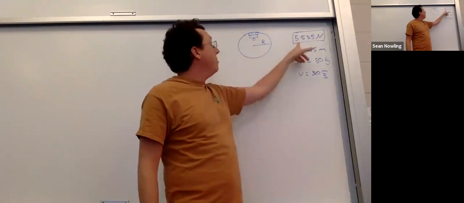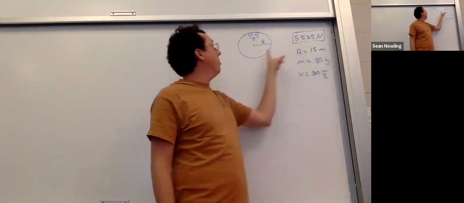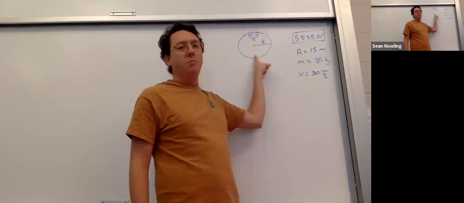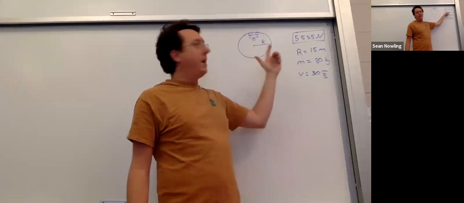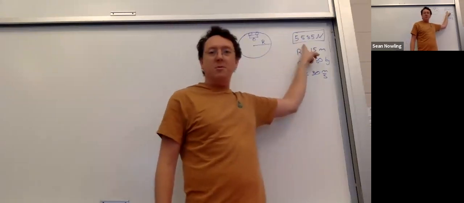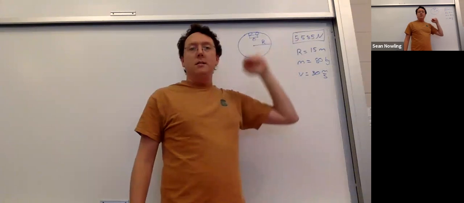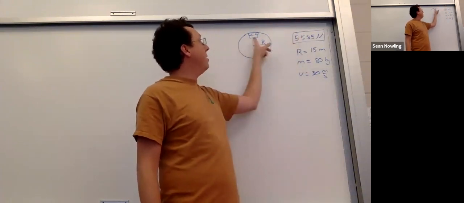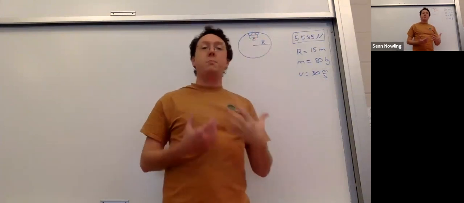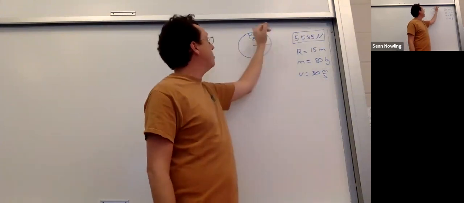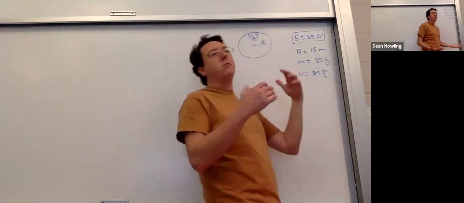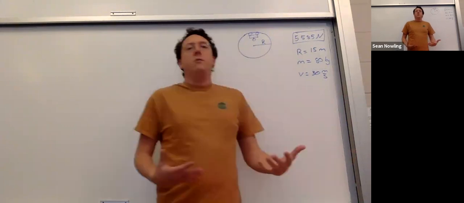So I went ahead and wrote down the numbers we found before for when the person was at the bottom of the loop. I chose bad numbers, and so we almost certainly have killed somebody. But I guess they're not around to complain. So we'll go ahead and see what the corresponding forces will be at the top. We are expecting that the apparent weight is smaller at the top because if you think about a roller coaster, when you go upside down, what you feel is